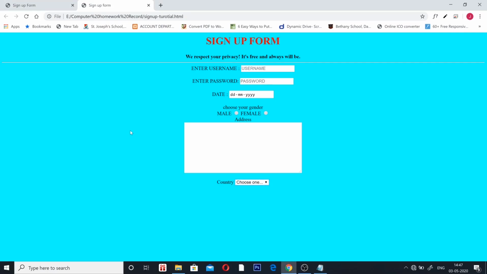Okay, for the time being I'm giving this many country names that you can add according to your wish. You can just keep on adding options and write your country. You must be thinking out here,